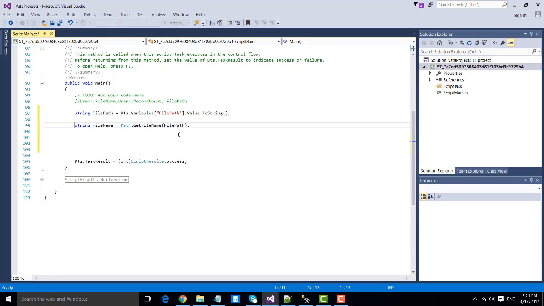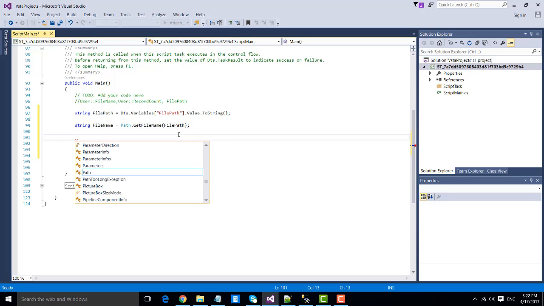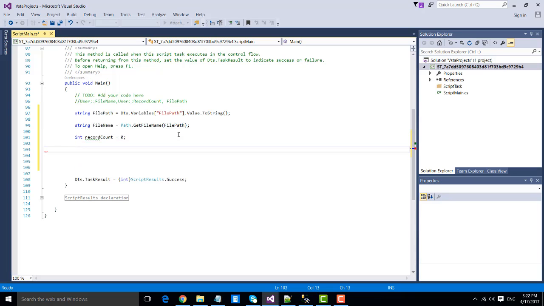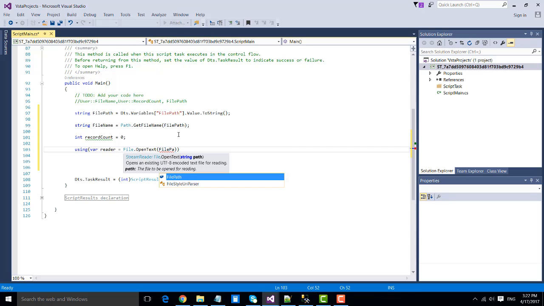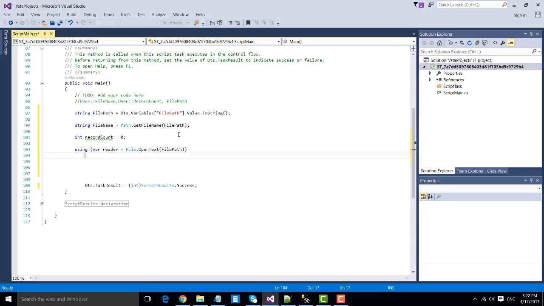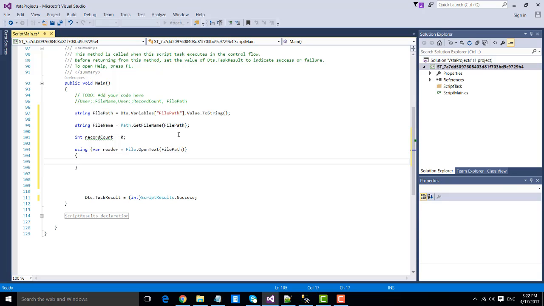So this code will create a new file name variable, then it will get the value from the file path. Now let's declare int record count equal to 0. Using var reader equal to File.OpenText, and it will have the value of file path. Then inside it let's create a while loop,